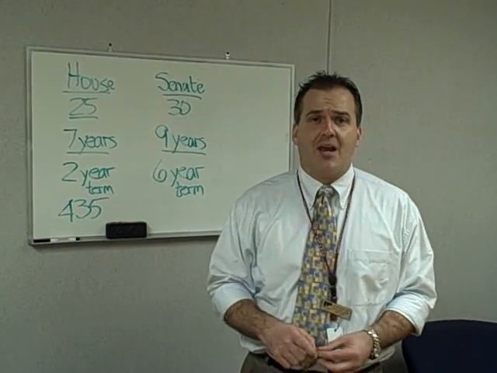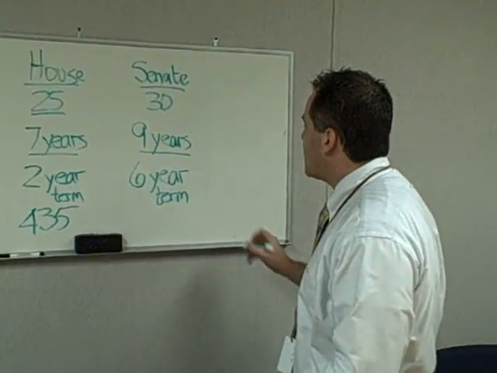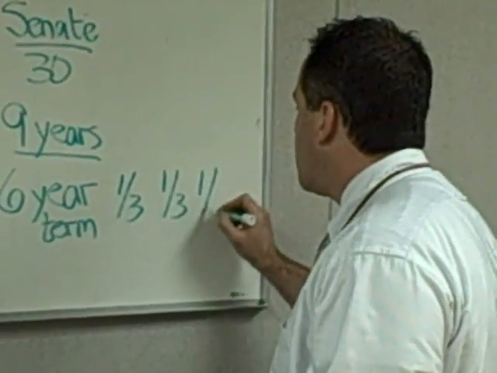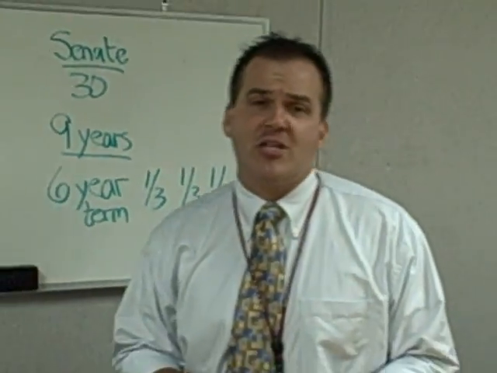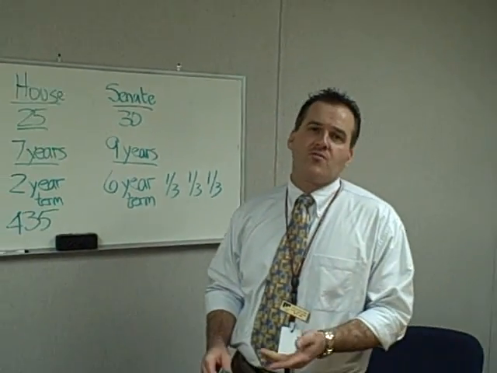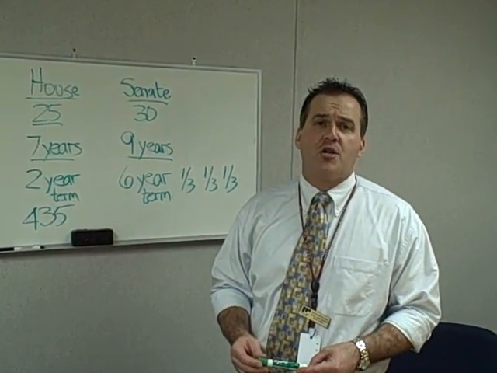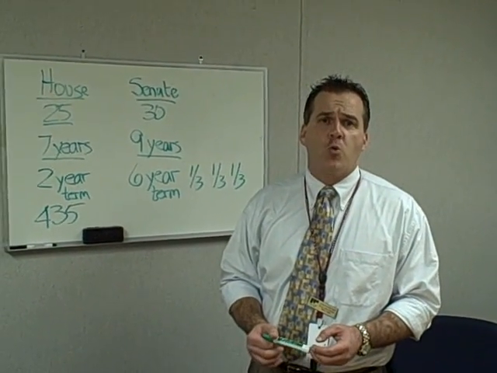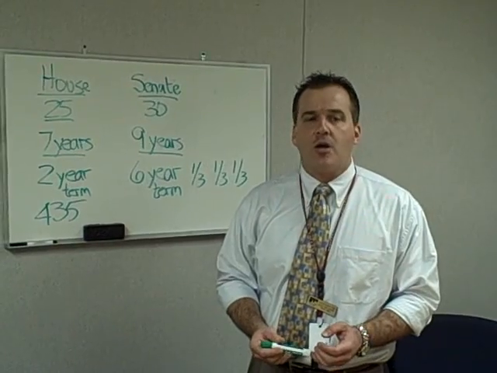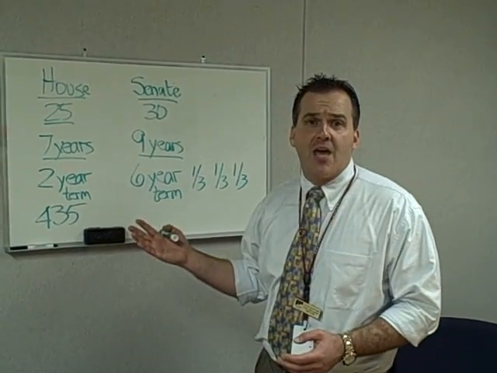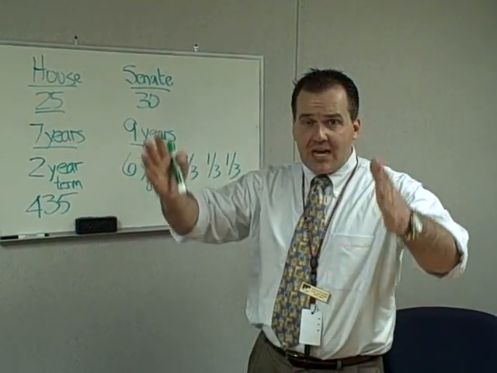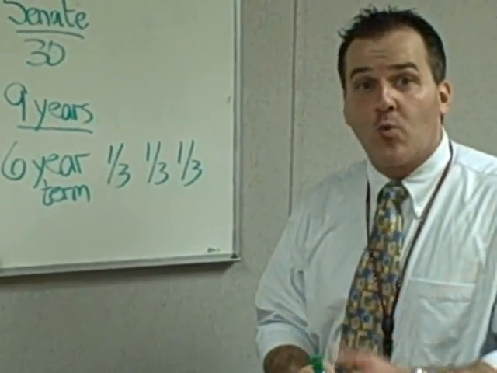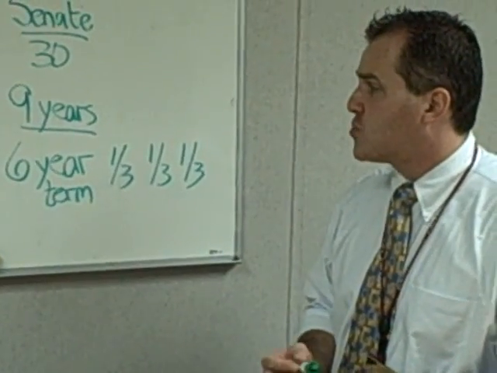Understand, with the United States Senate, it's a little bit different. For the United States Senate, every 2 years, it's going to be 1/3, 1/3, and 1/3 of the senators that are going to be subject to election. So 1/3 of the senators were up for election in 2008, 1/3 of the senators were up for election in 2012, and 1/3 of these senators are going to be up for election in 2010. Bottom line is, it's going to take 6 years for the entire Senate to have been elected or re-elected, or been subject to election, I guess is the best way of saying it.